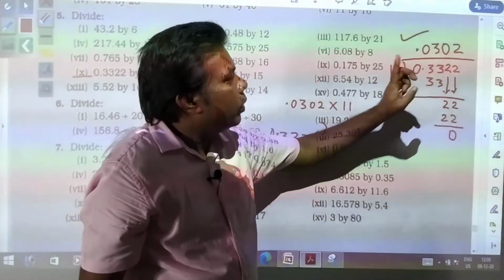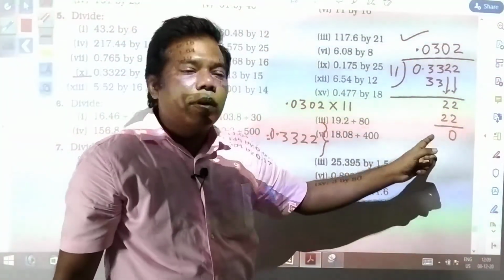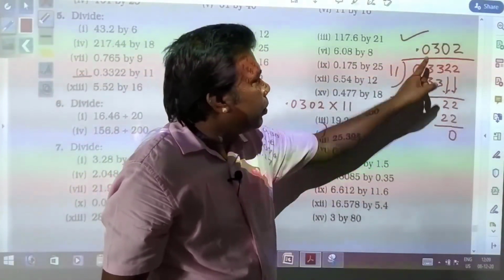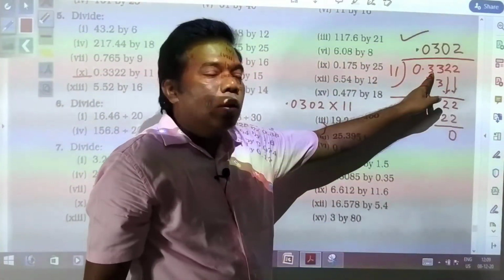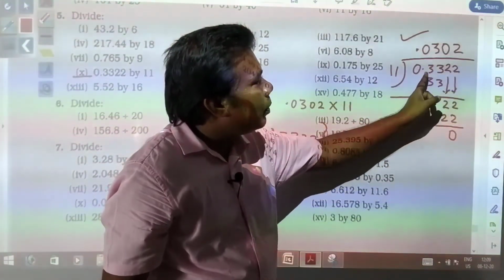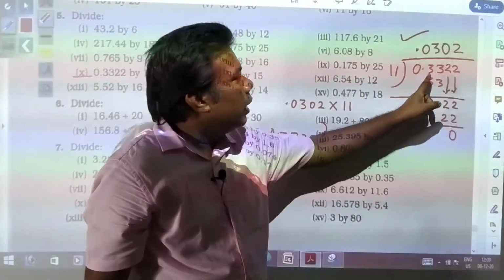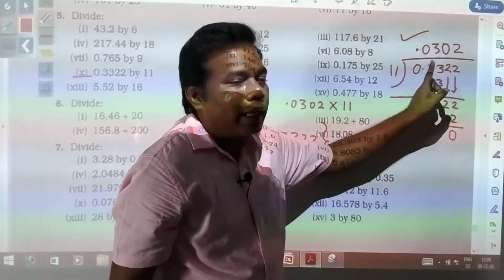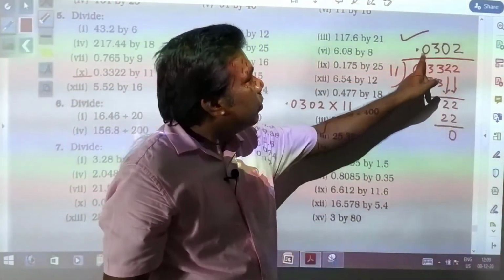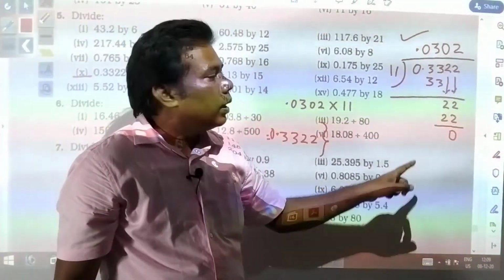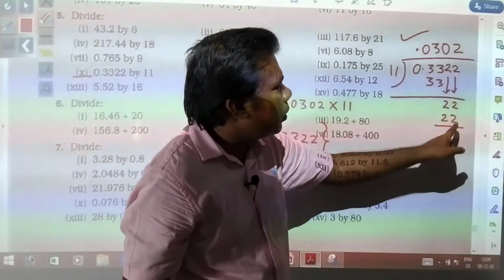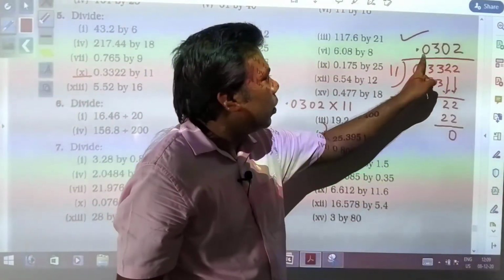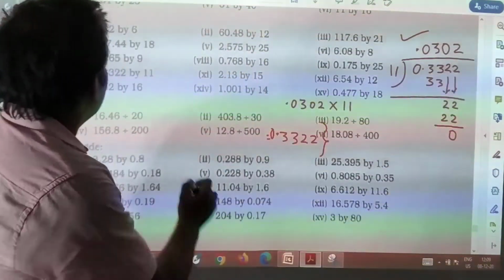So here you need to remember, after decimal whenever you are dividing, if suppose 1 digit you have taken, here you have 2 digit and you are taking 3. So if dividend after decimal digit is smaller, then you need to take the second digit or next digit, for that you need to put 0 over here. The same thing has been done for this 2 also, 0 was required to be put, and finally you have got answer 0.0302.